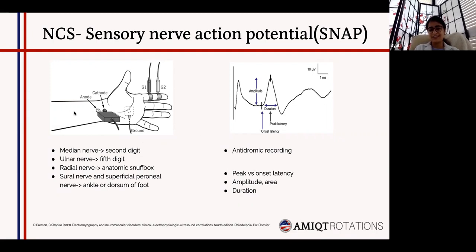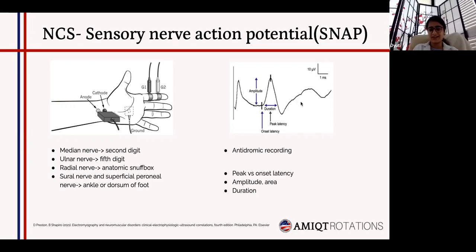One thing to keep in mind is that in sensory nerve conduction studies, we are stimulating the nerve antidromically. And what that means is that we are stimulating the nerve in the opposite direction to the way a normal nerve impulse carries physiologically. Normally, the sensory nerves would carry the response from distal to the proximal end, but here we stimulate the nerve proximally and measure the response distally. This is because the nerve fibers here would be closer to the recording electrodes and we'll get a greater amplitude of response,